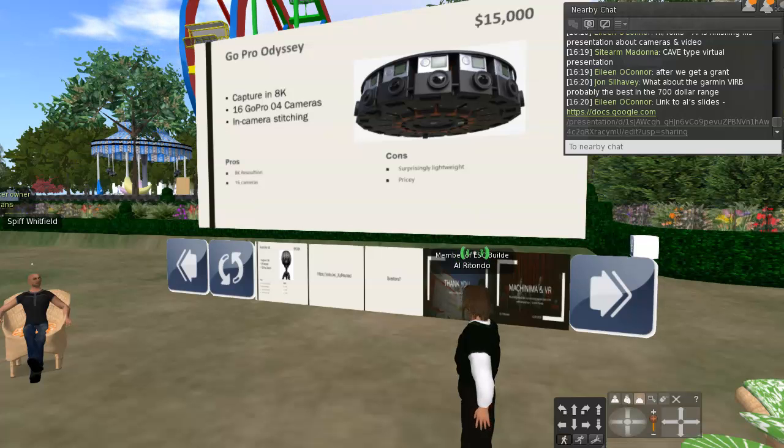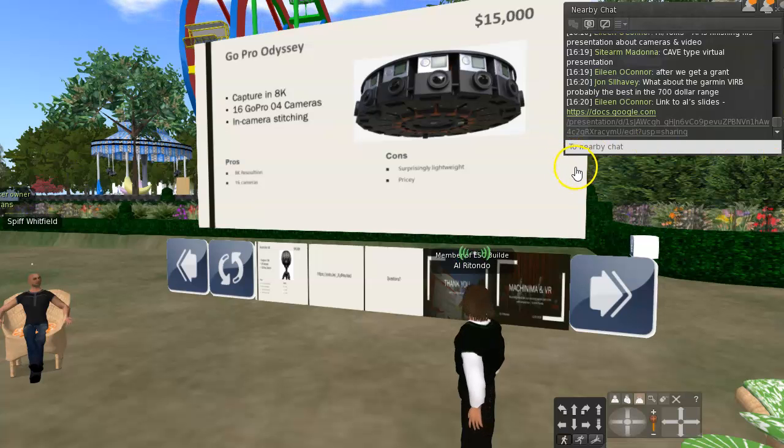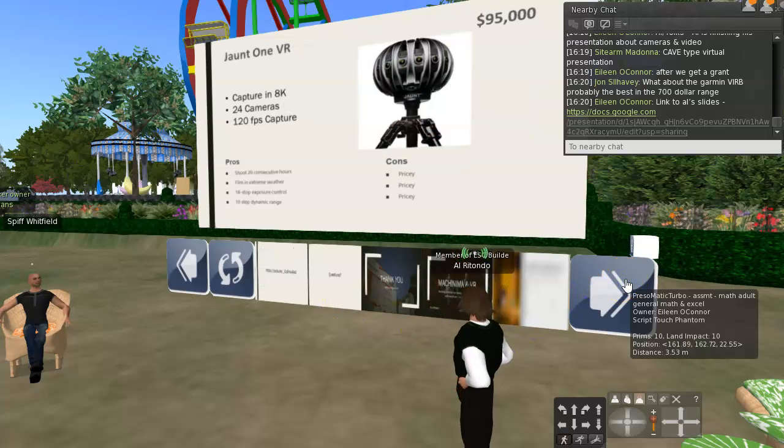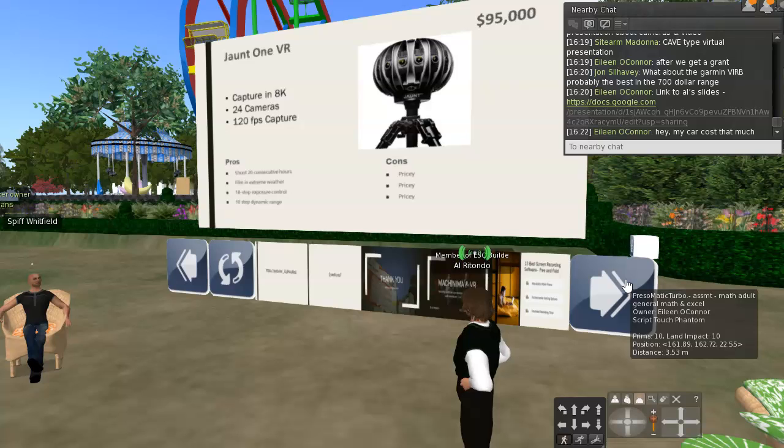Again, GoPro is in this category, but this holds 16 cameras. Surprisingly, lightweight becomes a con, but it is pricey, that's for sure. $15,000 is definitely something that's in the corporate arena. And then just for, I like to say, shits and giggles,